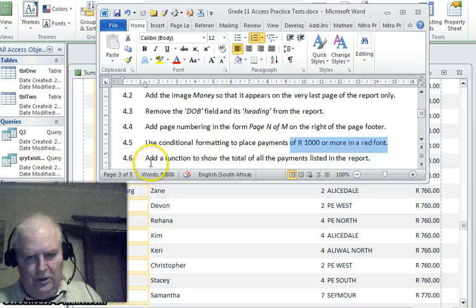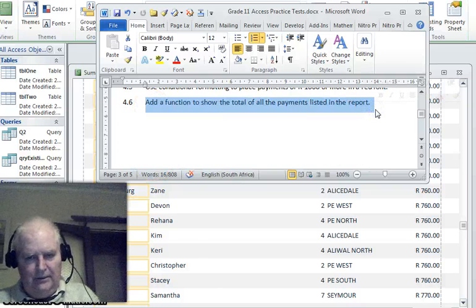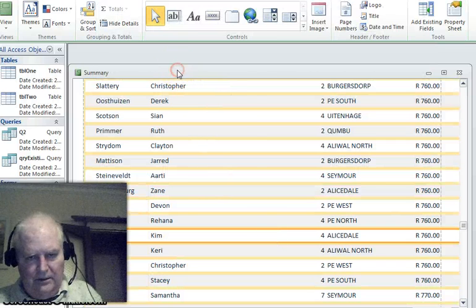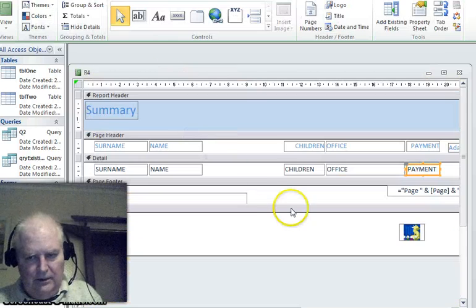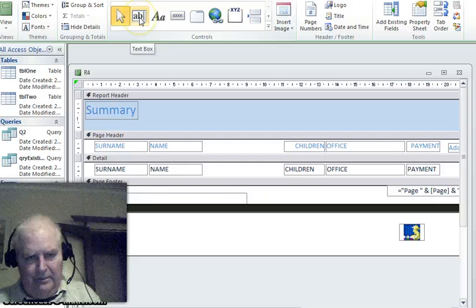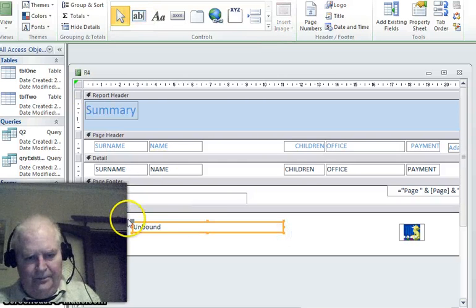Add a function to show the total of all the payments listed in the report. Okay, so if it's all the payments, now it's of all the records, it's got to appear at the bottom of the report. Okay, back in design view again. And okay, report footer, this is where my calculation is going to go. It's not per group, it's for all the records, and they want the total of all the payments. So I use a text box and I stretch it out like a limo,